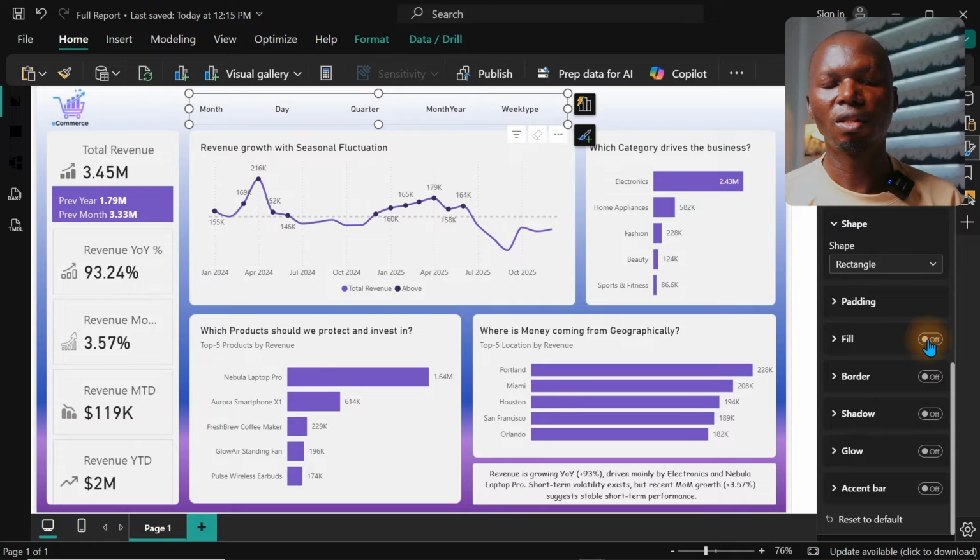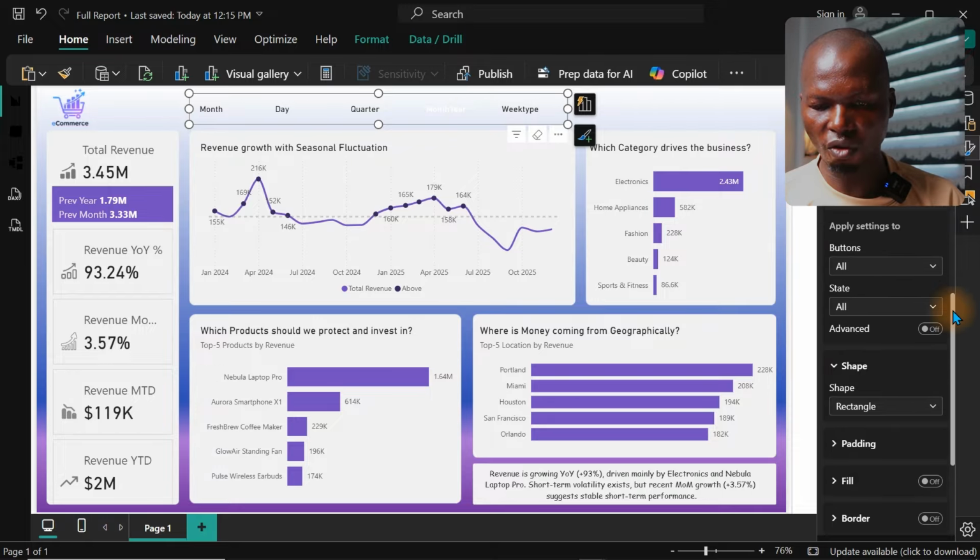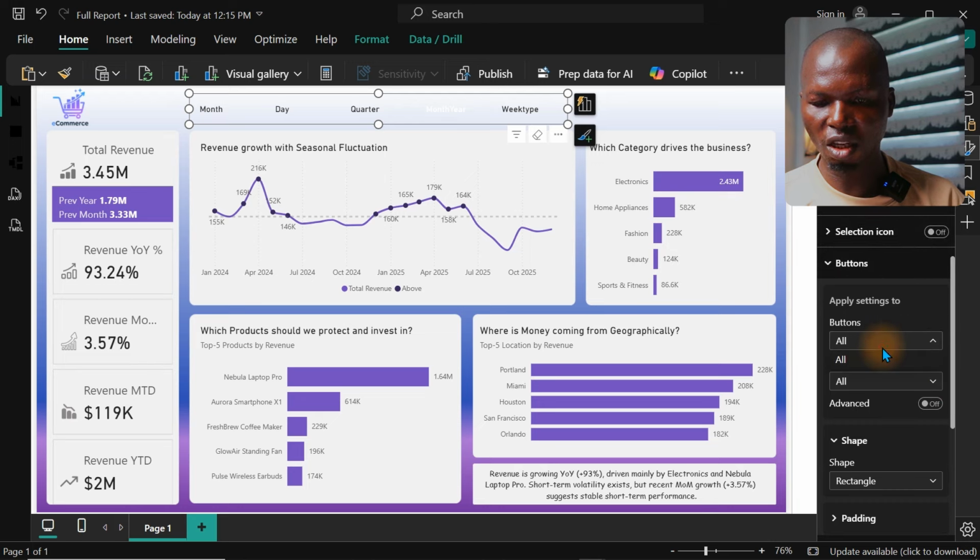Now everything is gone. So what do we do next? If I select anything from here right now, you can see what I have selected has disappeared because it has a particular setting, on selection to turn to white. So what we can do right now is to actually go all the way up, and the button state,